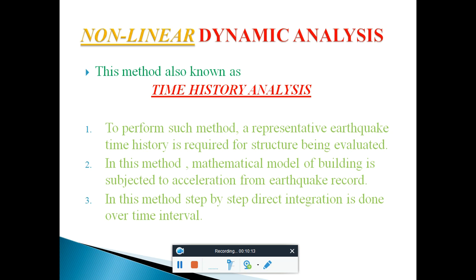The difference between the response spectrum method and time history analysis is that time history analysis you can do only at particular locations where data is available, and response spectrum you can do at all places. In the response spectrum method only the peak response is considered, while in time history analysis, as the title itself explains, time history means every response is considered. So that is the basics of earthquake analysis procedures.